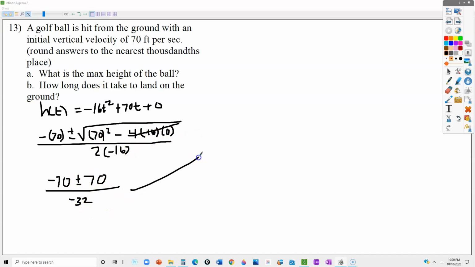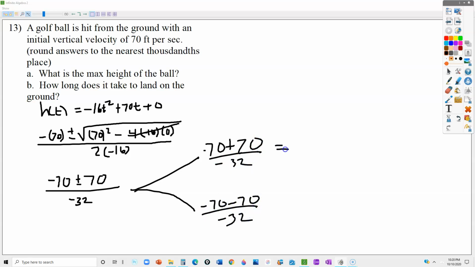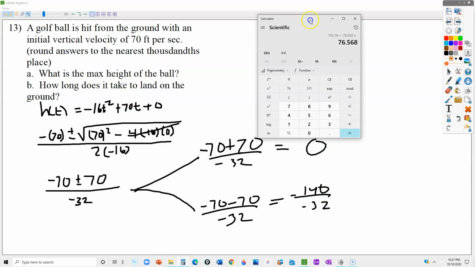All right. And at this point, we do have to go ahead and take the time to write two separate problems. One where we're going to add the 70, and one where we are going to subtract the 70, because we have a plus and a minus. So for this one, if you add 70 to a negative 7, you get 0 over 32, which is just 0. For this one, we get negative 140 over negative 32, which my calculator, I can get a good answer